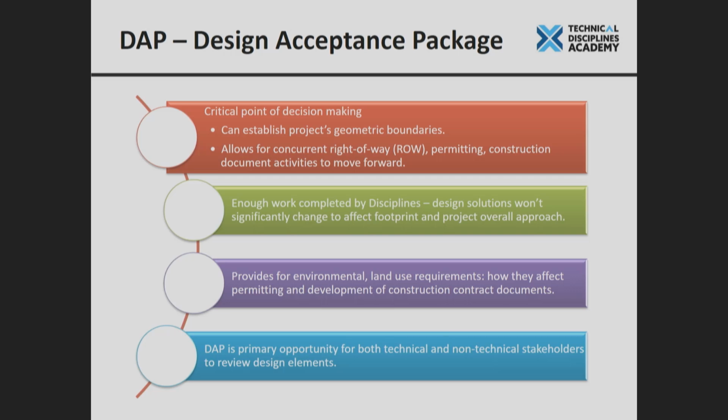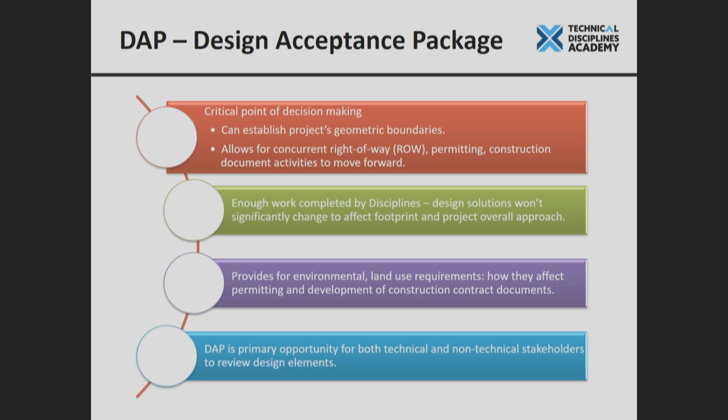The trouble is here, we're a public agency, and we don't have an endless supply of money. We have a fixed amount of money. And so we need to be able to do it once and to do it right. So it's a critical point in the design process that we need to get to, which is DAP. And as we said, it's really to have enough design to have a high degree of confidence that your footprint's not going to change. And so you're essentially establishing those geometric boundaries for the project.